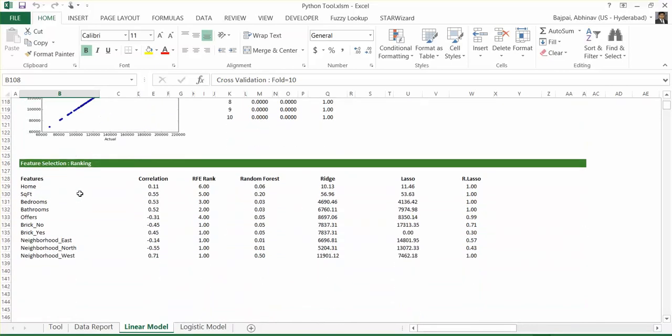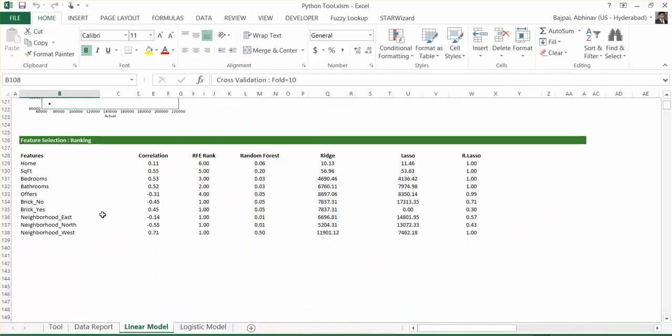We will look at the feature eliminations. So here we look at different sets of variables. First is the correlation. This is the correlation value of each of those variables with respect to the price variable, one after the other. We see that square feet is one of the variables with very good correlation, 0.55. We have other variables like bedroom, like bathroom over there. Number of offers we did not include, yes, but we have a negative correlation over there. And again, neighborhood north we can look at as a negative correlation. So these are a few of the variables that we understand from correlation values.